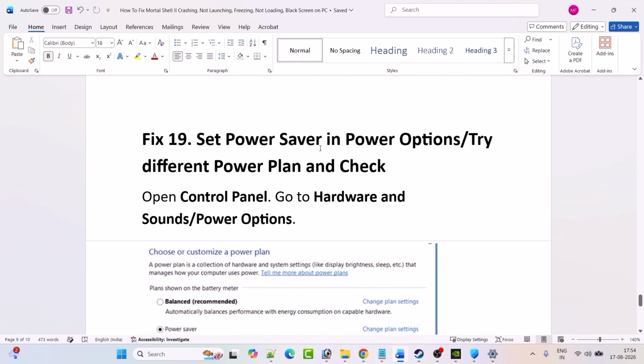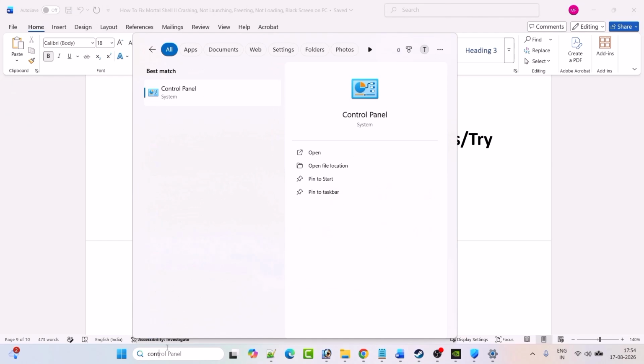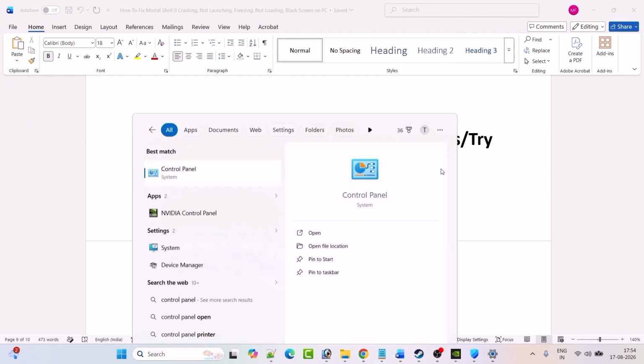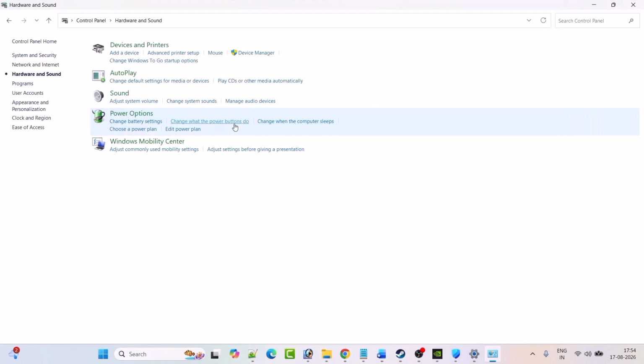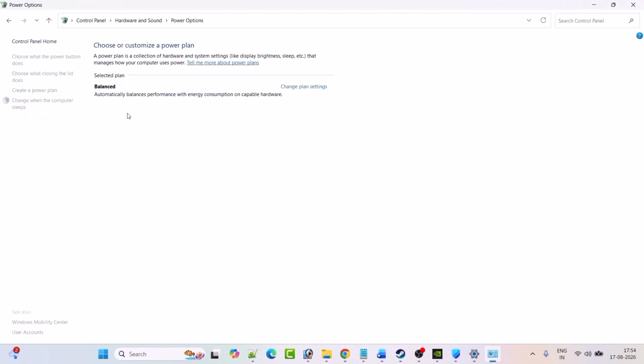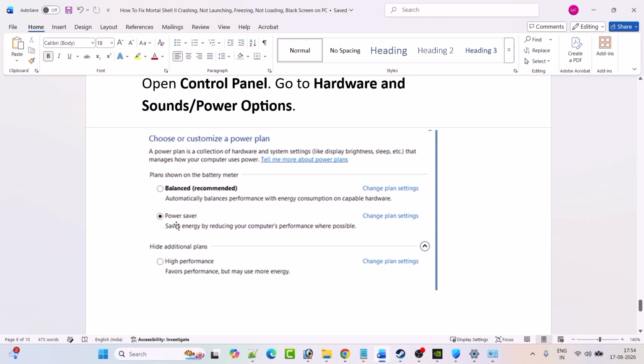Fix 19 is to set power saver in power options or try a different power plan and check. So in Windows search, type control panel and open the Control Panel. Click on Hardware and Sound, click on Power Options. Now in my PC it is only showing Balanced, but in your PC if it is showing Power saver or